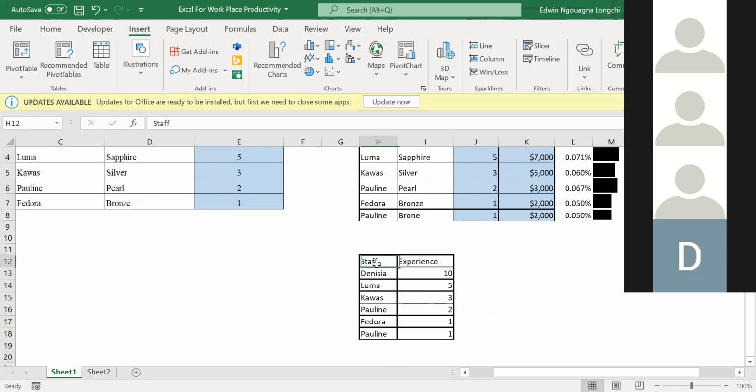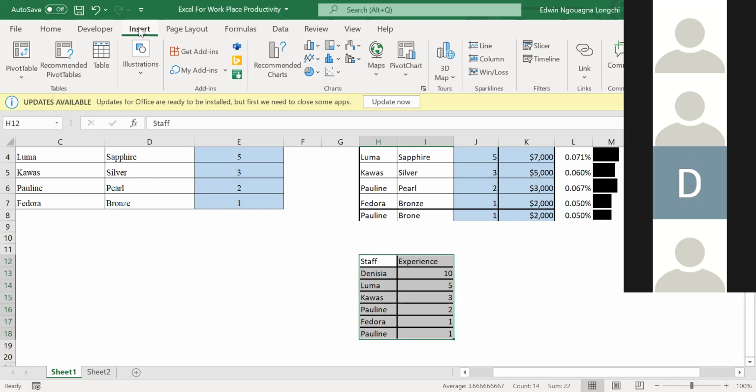Then I highlighted all of it. Okay, you highlight all of it, and you come to insert. You want to insert a chart, and I was saying that if you don't know which chart to plot, because we have line graph, pie chart, bar chart, donut, line, all those things, the chart that you plot depends on the data that you have.